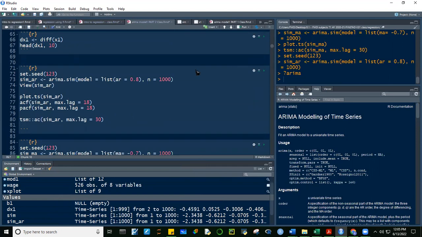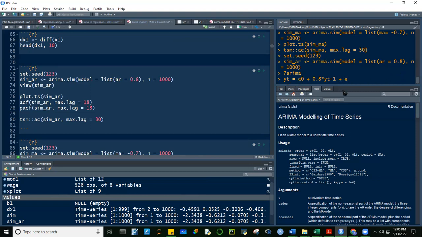Ano ba yung sim AR? Di ba simulated yan na ang AR1 component natin is 0.8. In other words, guys, yung data natin, y sub t is equal to a certain mean a sub 0 plus 0.8 times y sub t minus 1, plus a certain error term.